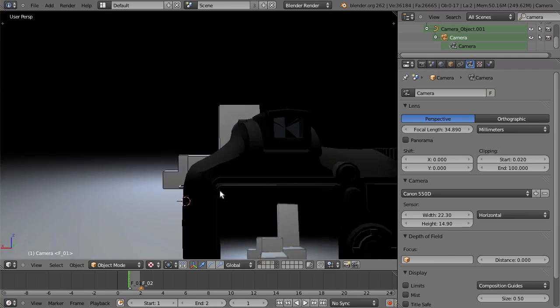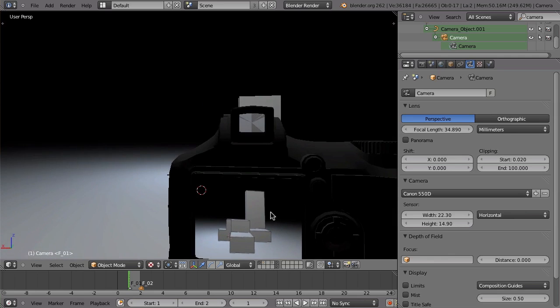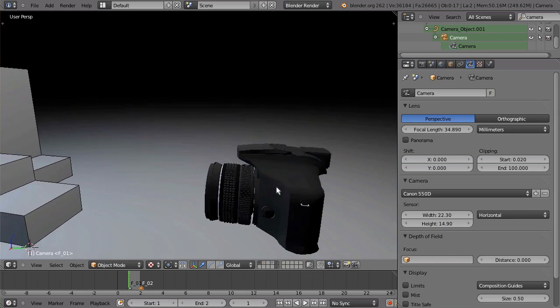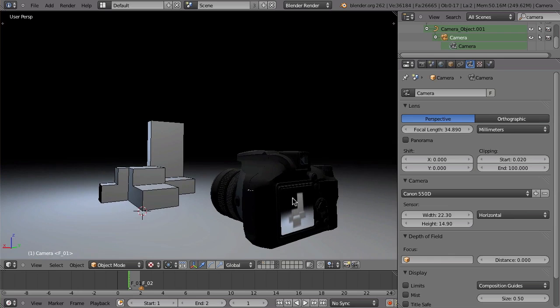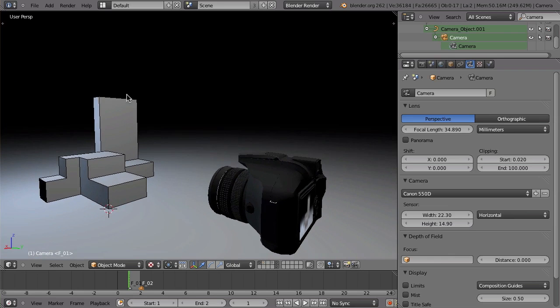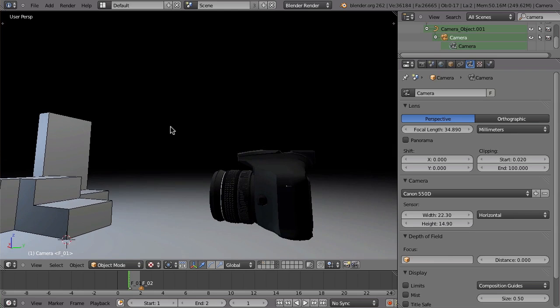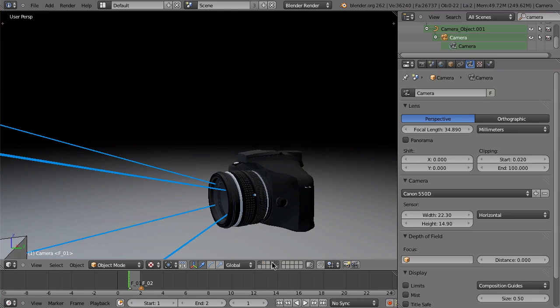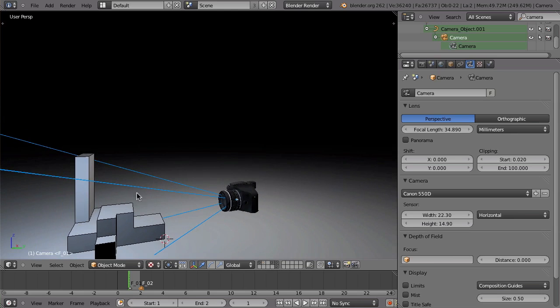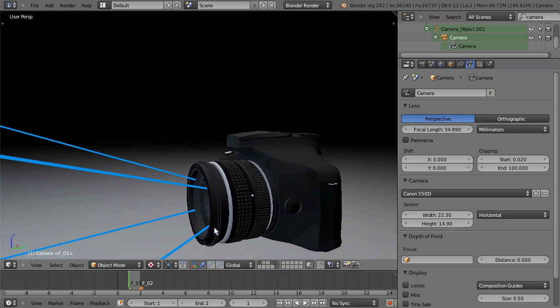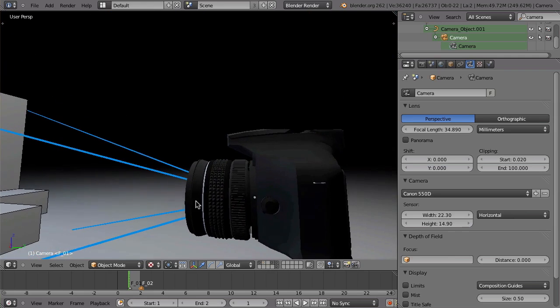And of course on the display, since this is a DSLR camera, you also see the image that has been taken with that camera. Now the question is, how do we generate that image? Well, we have rays of light coming from here, entering the lens of the camera and hitting the sensor and generating that image. Now these rays of light do not just enter the lens and somehow get there, they enter the lens in a certain way. So you have these rays of light from these corners going into the lens,